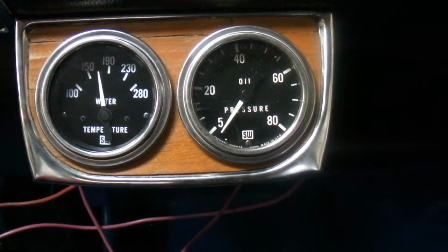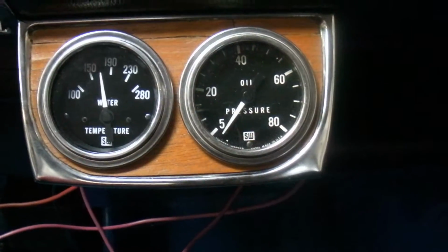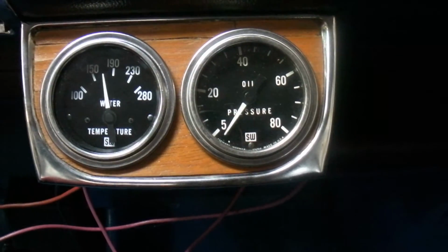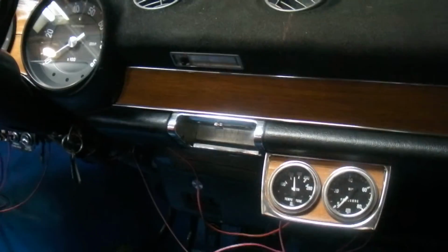So anyways, we ventured off from gauges to retorquing heads, but hey, the more information we can disseminate, the better, right? So that should be